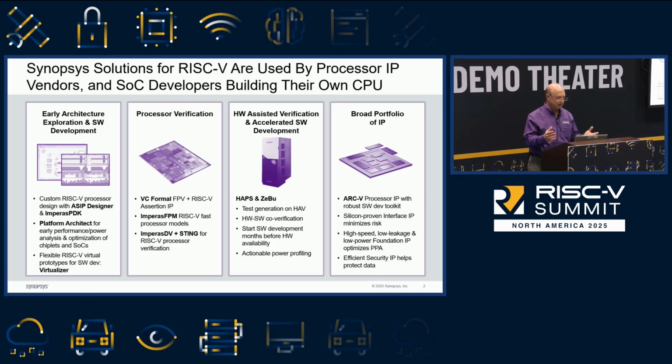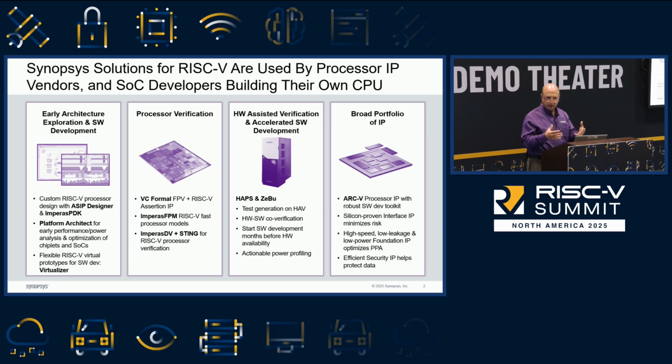into solutions. On the left there, we see early architecture exploration and software development tools, things like ASIP Designer and Empiric's PDK, Platform Architect at the SoC level, Virtualizer. Moving on, processor verification. We've got formal tools. We've got tools that are simulation-based and require a model. The Empiric's FPM, fast processor model for RISC-V, is the key to that technology. And then,